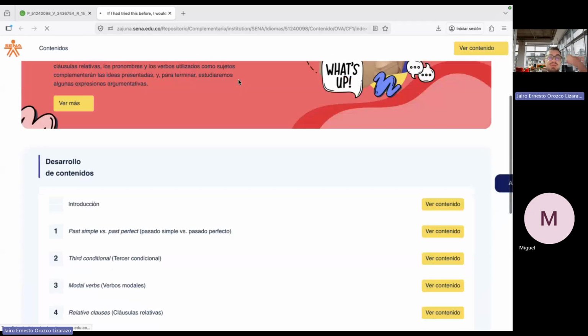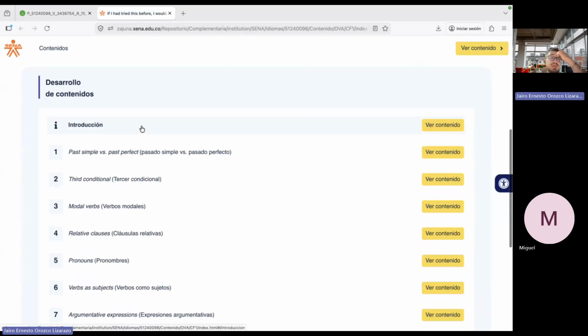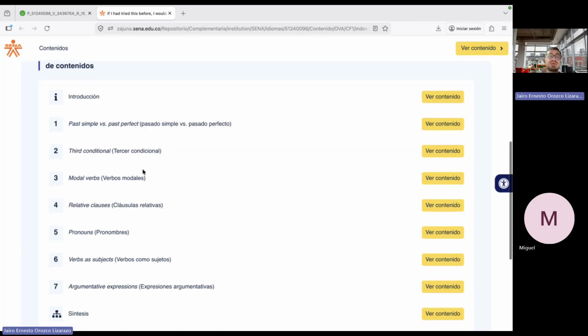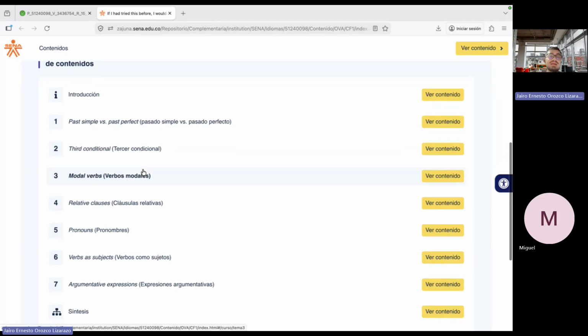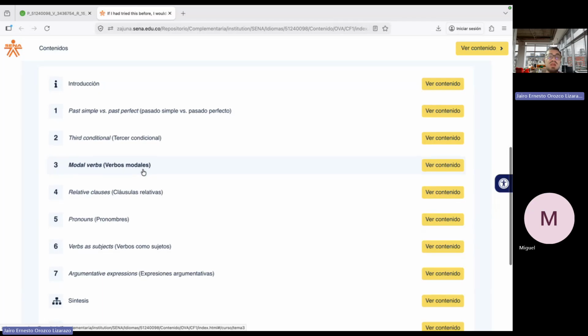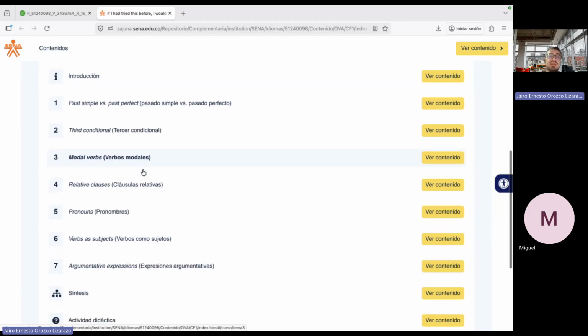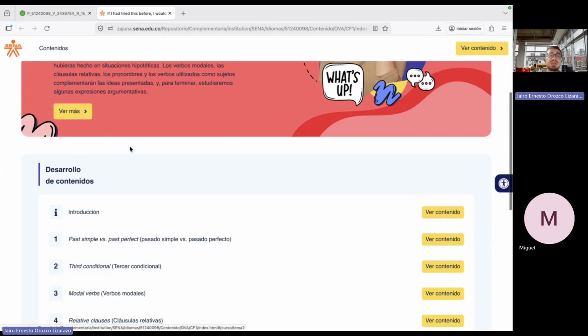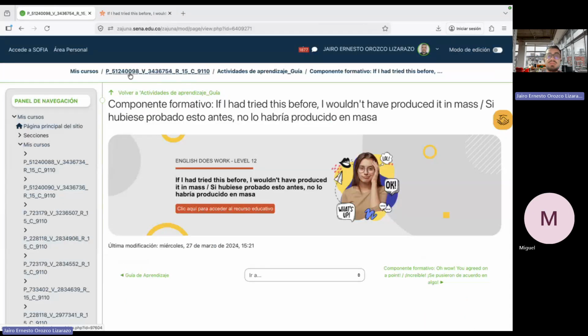Now, last week we saw past simple versus past perfect, the third conditional, and the modal verbs. Today we are seeing relative clauses, pronouns, verb as subject, or better known as gerunds, and finally argumentative expression, right? So let's see the first topic for today, which is relative clauses. But before that, for this week,